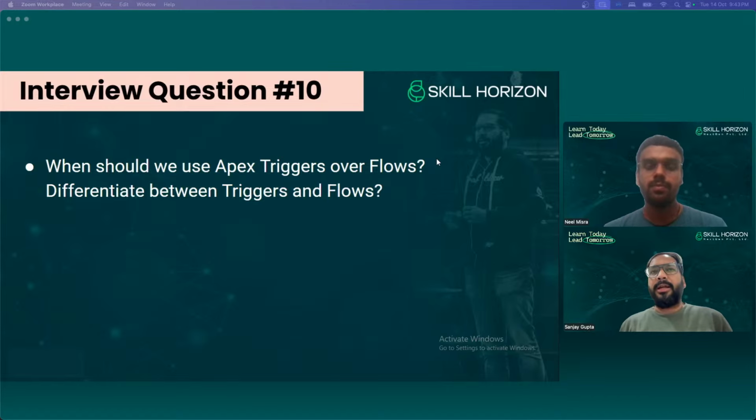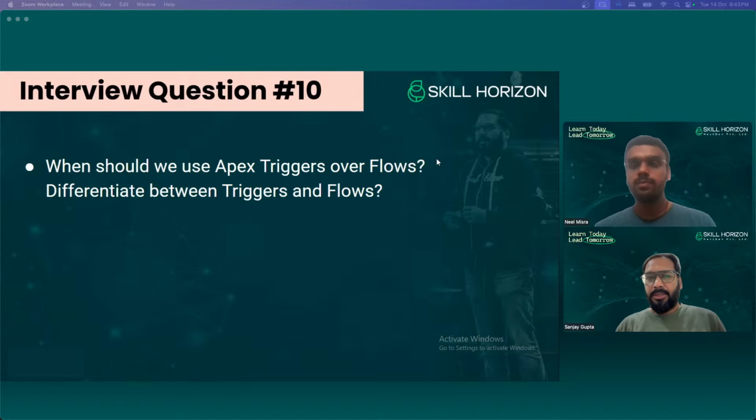Now if you write a trigger, you need to write Apex code, and then you need to write test classes as well. But if you go to flows, you don't need to write test classes. Testing implementation is optional in flow. So these are some pros and cons which are available with triggers and flows. And this is a common question. So whatever explanation I gave you, if you can explain it this way, I think that will make more impact on the interviewer. And start by explaining the previous history also, so that you can explain what was happening earlier and what is happening now.